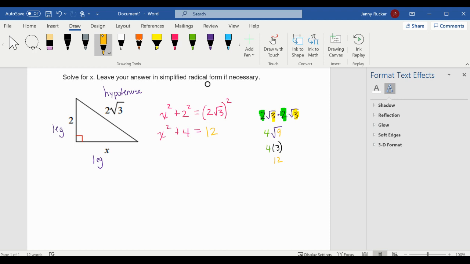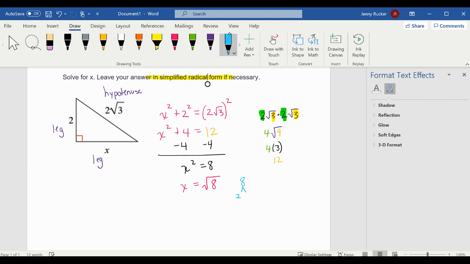So now we have x squared plus 4 is equal to 12. Now we'll subtract the 4 and get x squared is equal to 8. We need to take the square root of both sides, so we'll get x is equal to the square root of 8. We were told to leave the answer in simplified radical form, so we need to do a factor tree for 8,